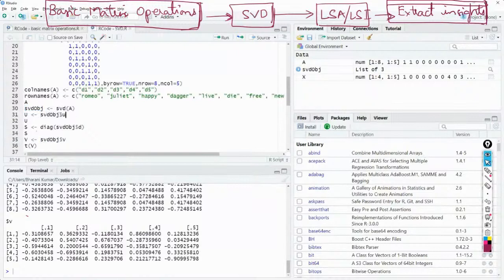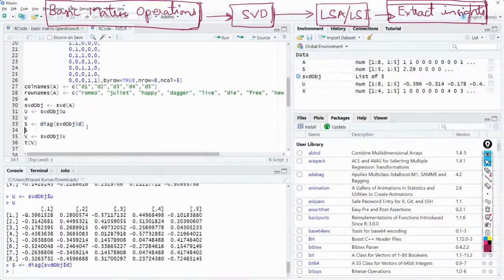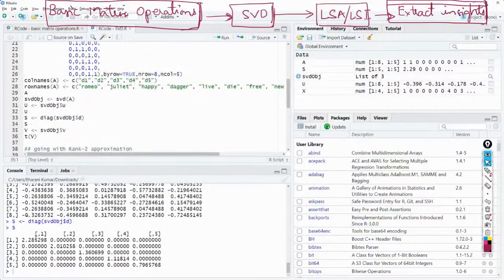So you're saying SVD of this object $U, that has the matrix U, and then you're taking the diagonal of this SVD object $D, which will give you the diagonal values. There we go, diagonal values.